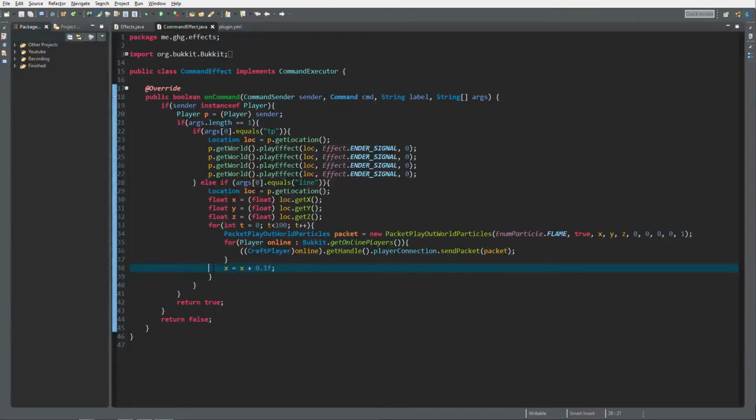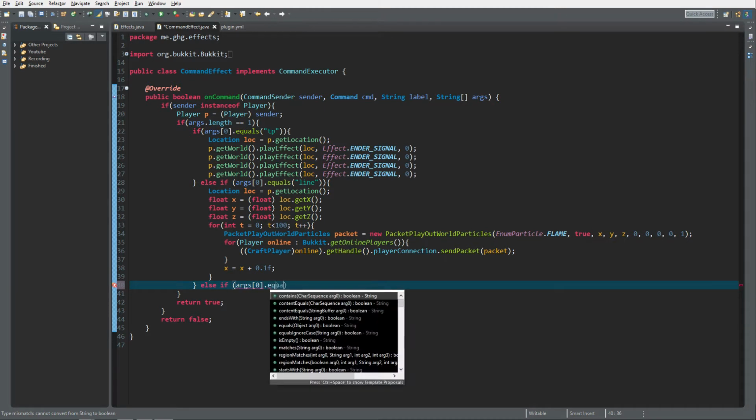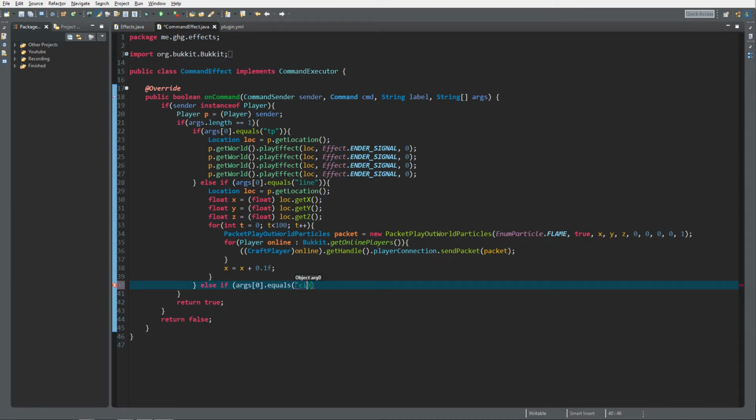Look at creating a particle circle. As you can see, we're inside our plugin from our last episode, and the first thing we're going to do is create another command checker. So else if arg0 dot equals circle,